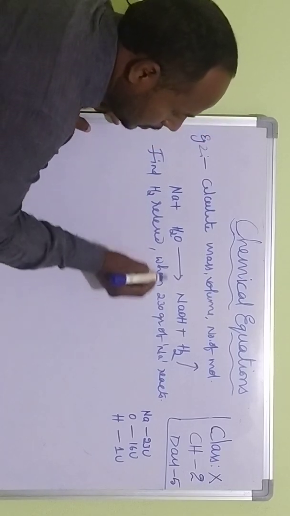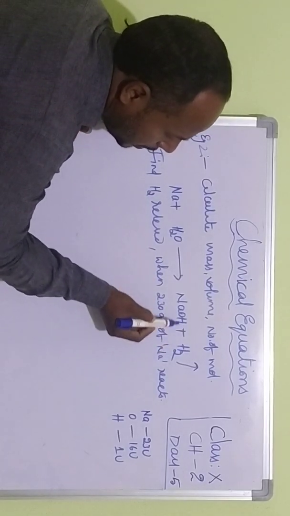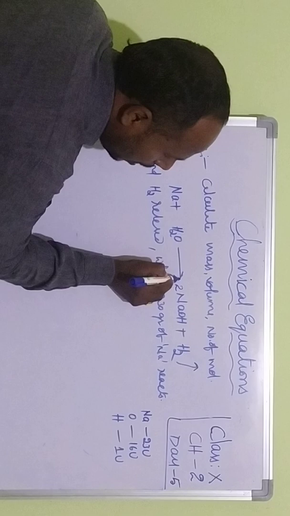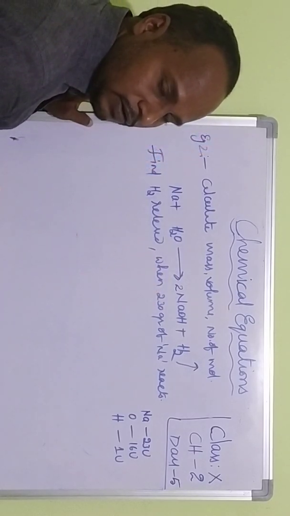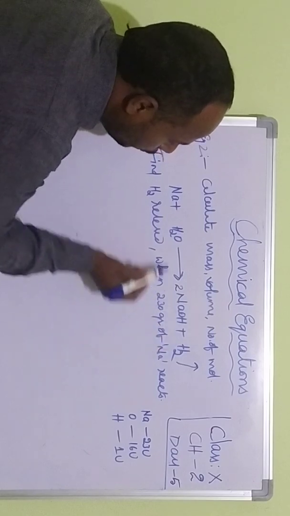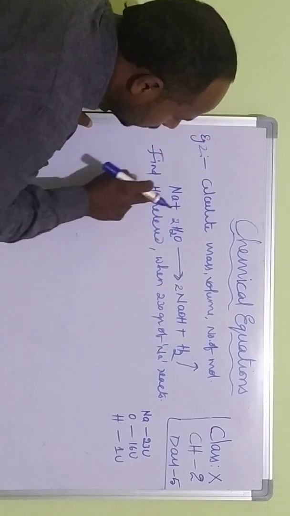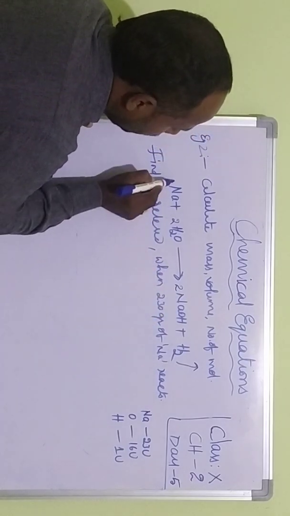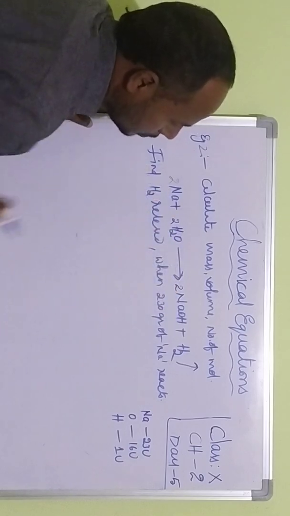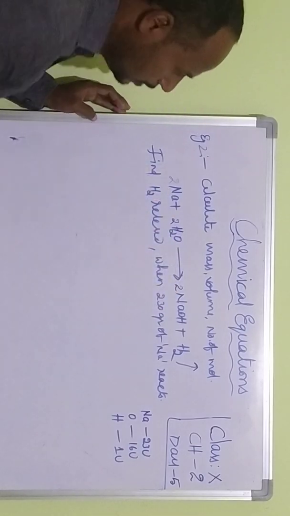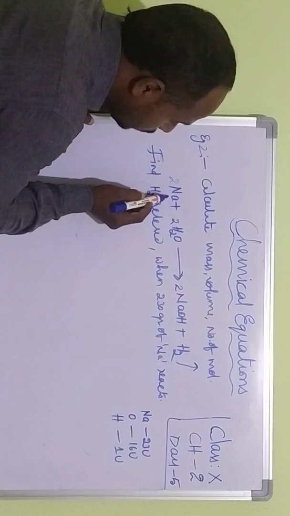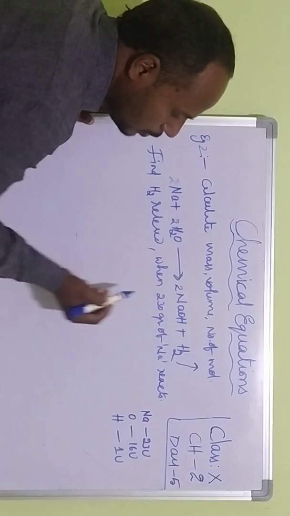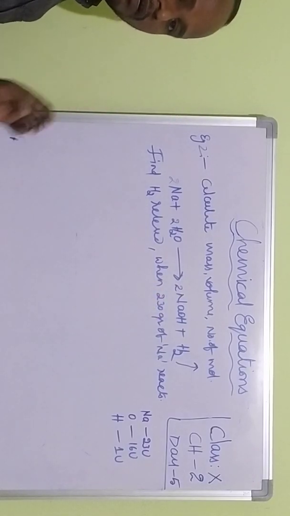How to balance? See, once you check, 2 plus 1, 3 hydrogens are present on the left. Here only 2 are there. What to do? If it is an odd number, we must convert it into an even number, then it is possible. 2 and 2, 4. Here if you write 2, it will be better, right? Next, number of oxygens 2. Here number of oxygens also 2. Next sodium, multiply with 2, 2 sodiums. So the equation is balanced. Here, 2 moles of sodium react with 2 moles of water molecules, giving you after the reaction 2 moles of sodium hydroxide and 1 mole of hydrogen gas liberating.